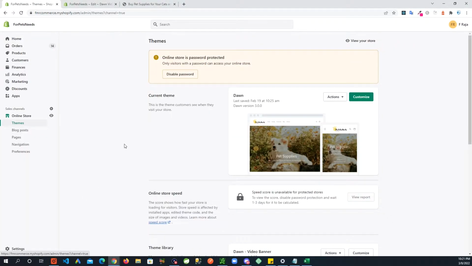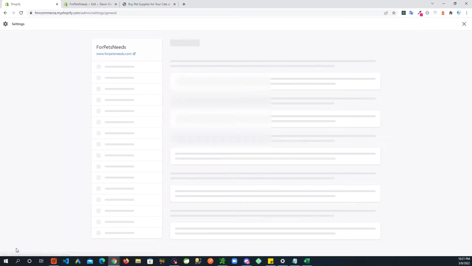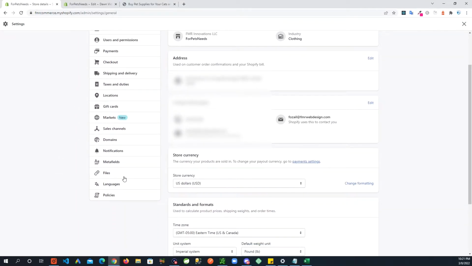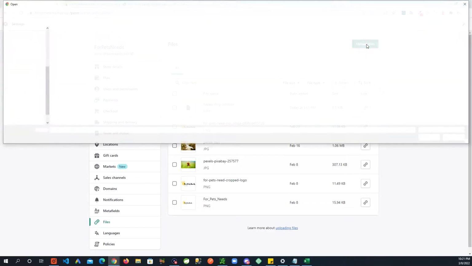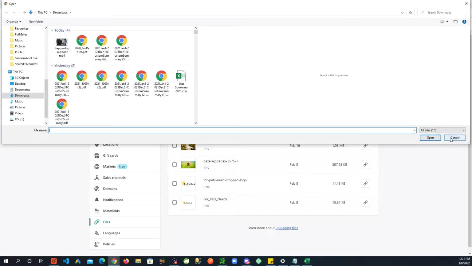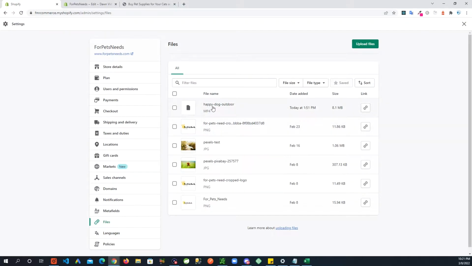So first thing you need to do is upload the video file you have. So some of you might already know you need to go into settings and then files. In here you will upload a video file that you might have on your computer, and I already have a file uploaded. Once your file gets uploaded, it will start to show here. Click on this link here. This copies the link of that video file, and then what you are going to do is go into the,